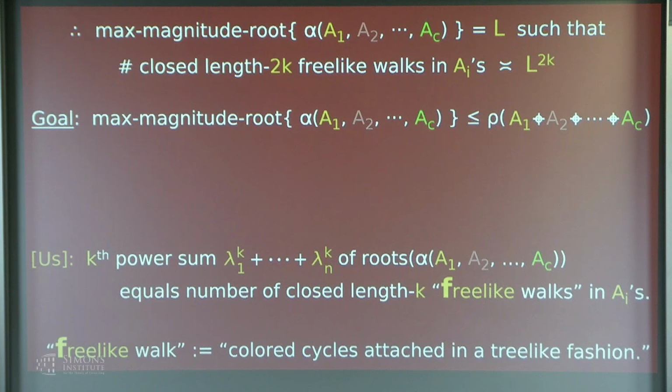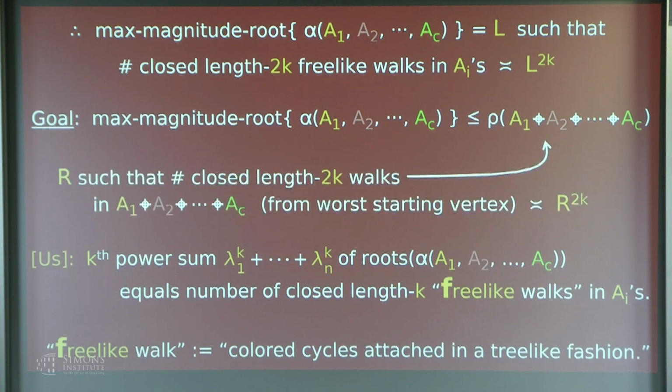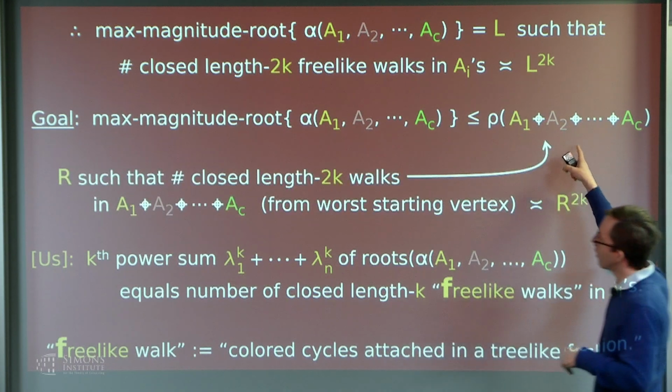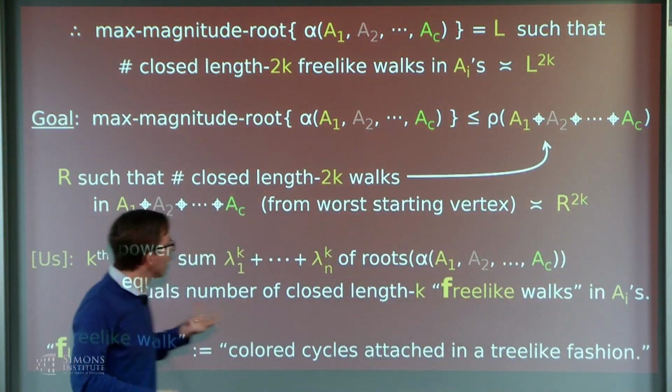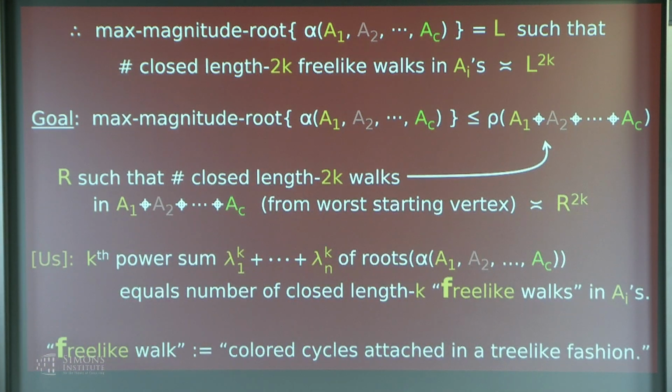So how are we going to get the spectral radius of this infinite additive product graph into the picture? Well, again, by the trace method, if you will. The spectral radius of this infinite graph is also that number R such that the number of closed length 2k walks of any sort in this infinite graph, from the worst starting vertex, or in fact any starting vertex, is proportional to R to the 2k. So to show that L is at most R,